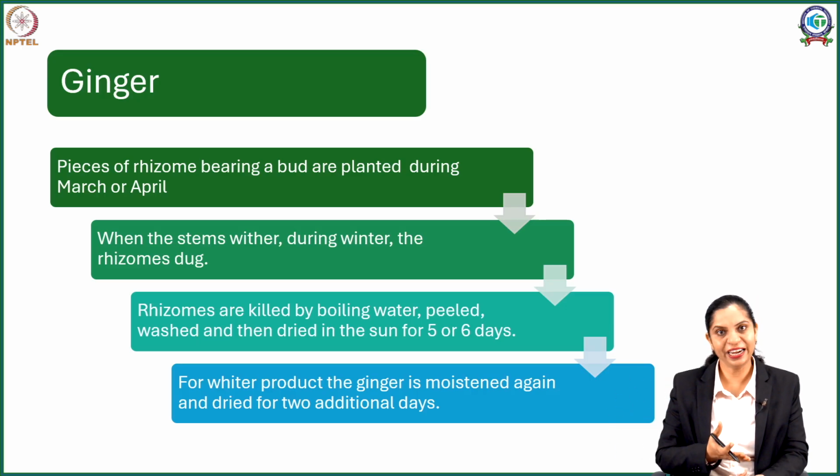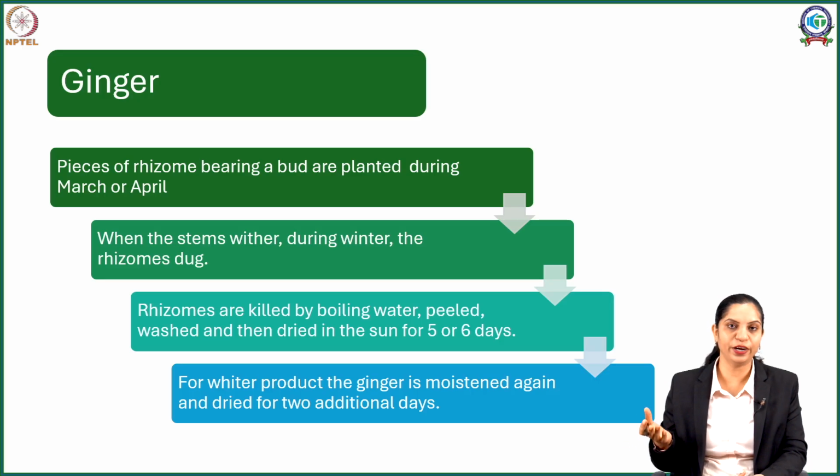Now it may be tray dried or it may be dried in sun for a period of 5 to 6 days. Now in some cases during the boiling, because of heating, like I said, some processes such as browning start, because it contains a good amount of starch. So to take care of the color, it is observed that if you reheat it, that is reboil it and again re-dry it maybe 2 to 3 times or so, you will see that in that case the ginger is whiter and more aesthetic as compared to a singly boiled ginger.